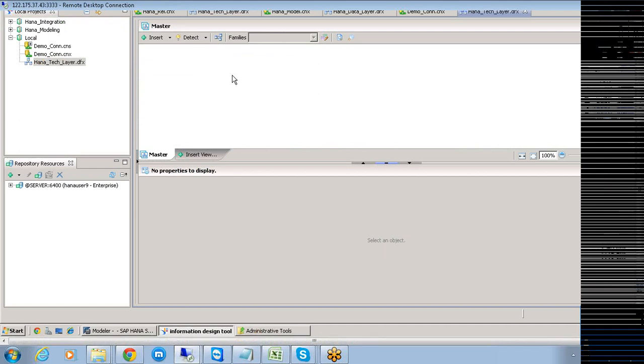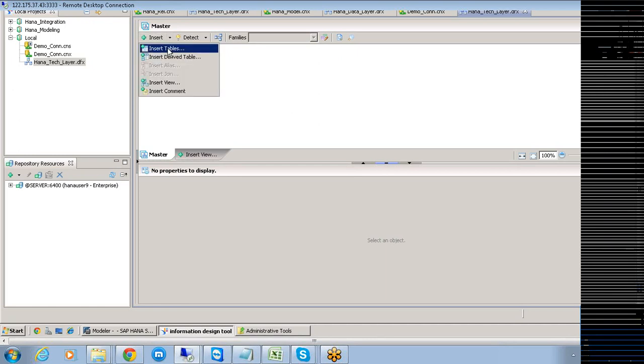Okay. Now, the first thing is that we need to import the structures here. For the purpose of importing the structures, you click on insert and then select these particular tables here.